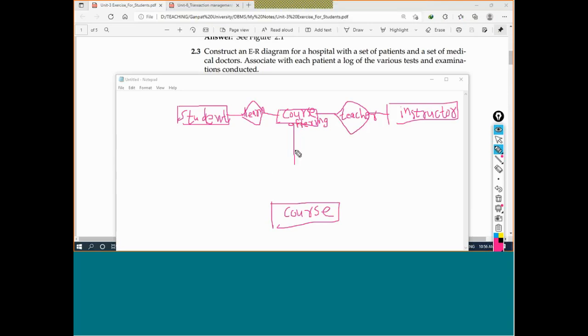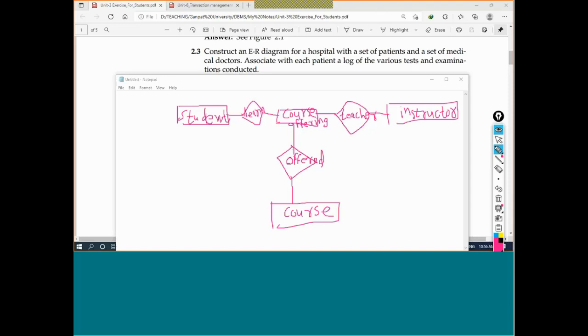Now course offering, so course is offered based on the available subject. So here you need to connect the course offering. Okay? So course is offered, okay. So I will say course offered, or I will say course has been offered, so that's why I'm calling it the course offering. Okay, course is offered, that's why we are calling it the course offering, right?